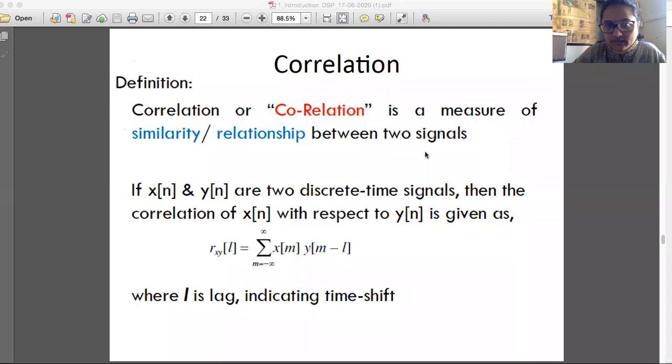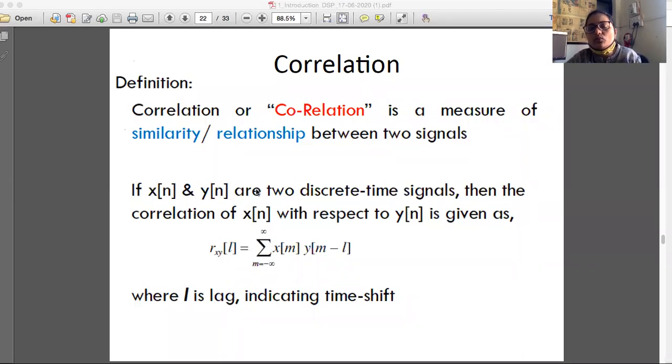Okay, the next point of discussion is correlation. So here we will be calculating the correlation. What is correlation? We have gone through convolution. What is the use of convolution? We use convolution for the averaging operation in order to remove the noise from the signal. So this is the usage of the convolution operation. Similarly, the next operation that we generally perform upon the signal is called correlation.